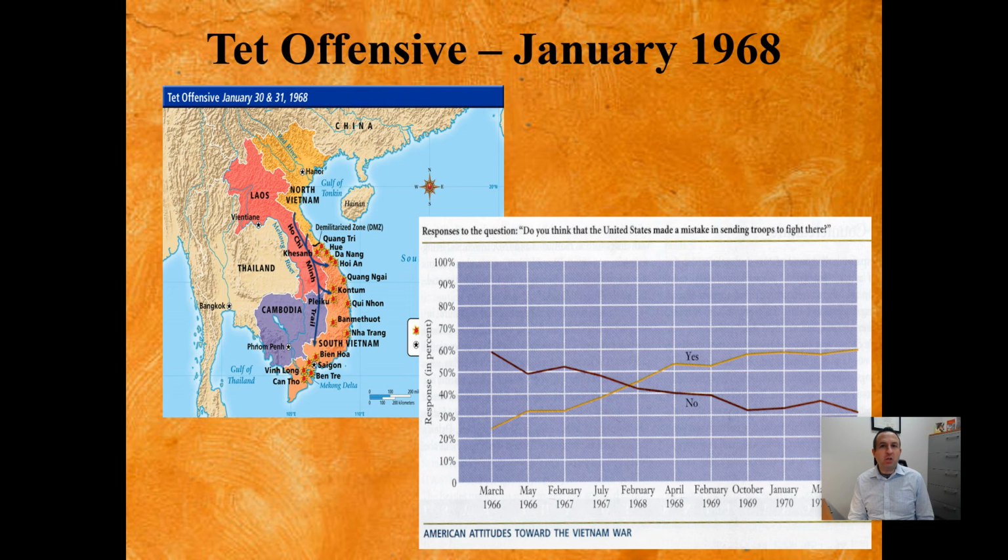The Tet Offensive was a definite turning point, because it officially turned the vast majority of the American public against the war in Vietnam. Up until the Tet Offensive, statistically speaking, the majority of Americans supported the war effort as a patriotic cause. They believed the U.S. president when he said, "We're here to fight for democracy." But after Tet,